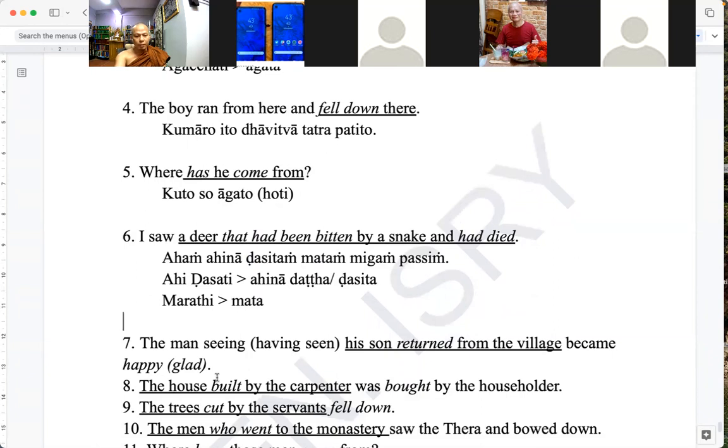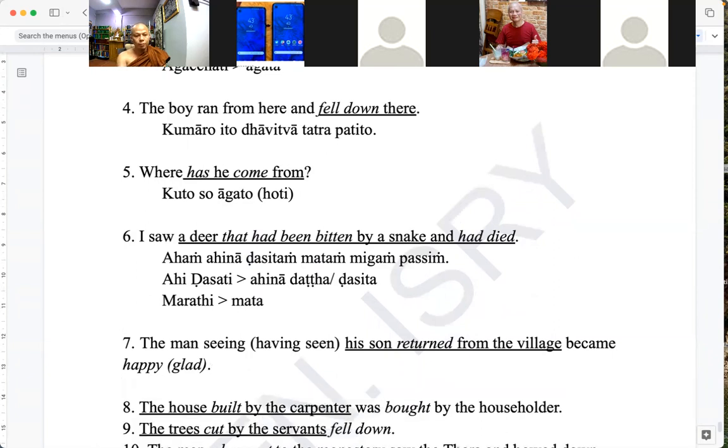And then now number 7. The man, having seen the son, became happy. Seeing in English is, but "having seen" is a gerund, not a present participle. Okay, so mainly "the man, having seen the son, became happy." Happy means glad. So the man means puriso, but here the subject is puriso, and having seen,